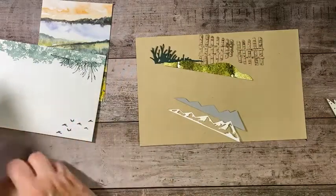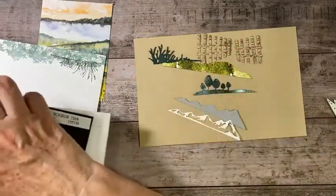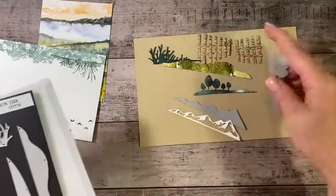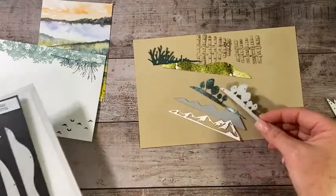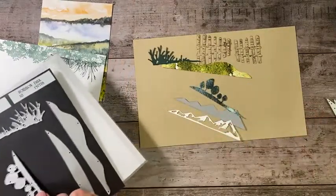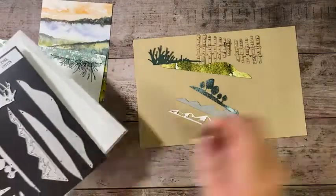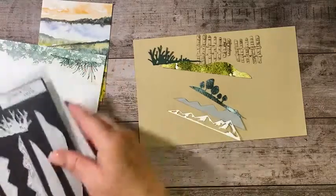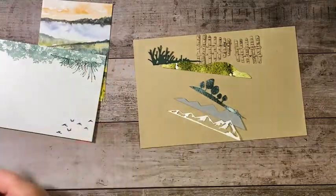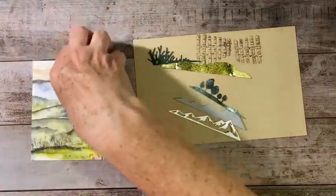And then out of another piece of the New Horizons, I cut this die and made these trees. Okay, and then we're just going to put all of this together, but we're going to do a little bit of stamping to give some of our die cuts a little extra texture. Okay, so let's bring in a